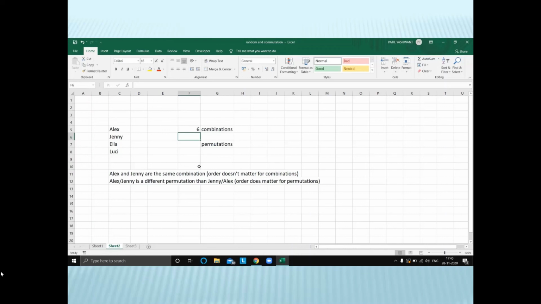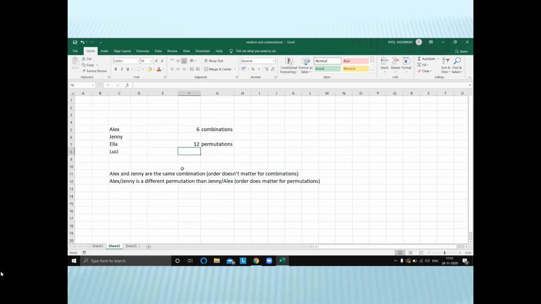To calculate permutations in Excel, we can use the PERMUT formula. Again I'll select 4 to choose from, and pairs of 2, and I get the value 12.